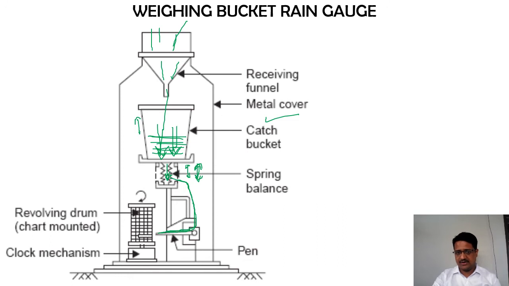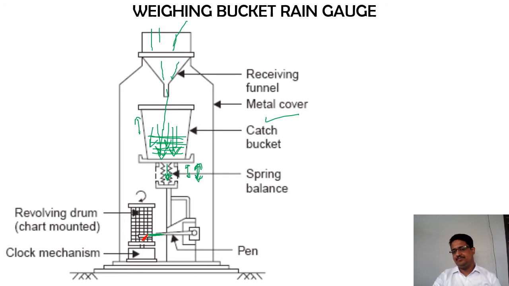Once that is there, as the water is collected here, the pen is going to move up and down. Whenever this movement happens, the pen is connected to this chart. Right now the pen is ending over here. I'll just rub this. The end of this pen will be on the chart itself, so you can imagine this extension. Your pen nib or point is at this point, something like this.